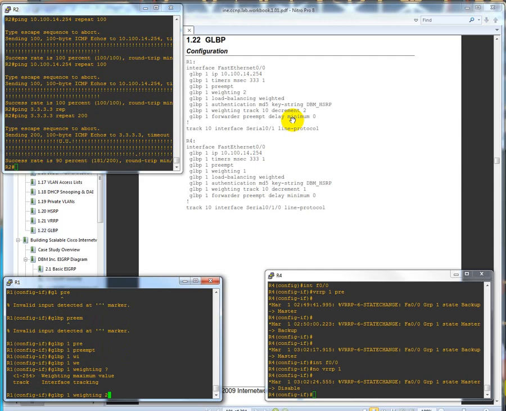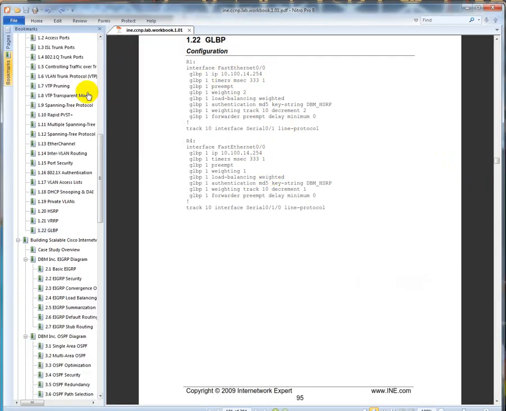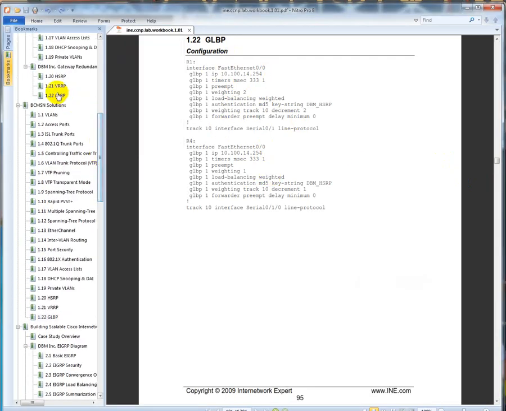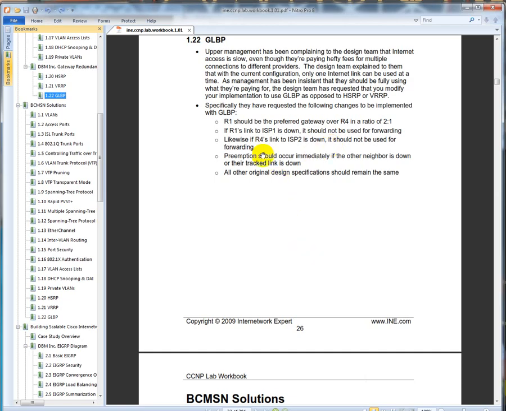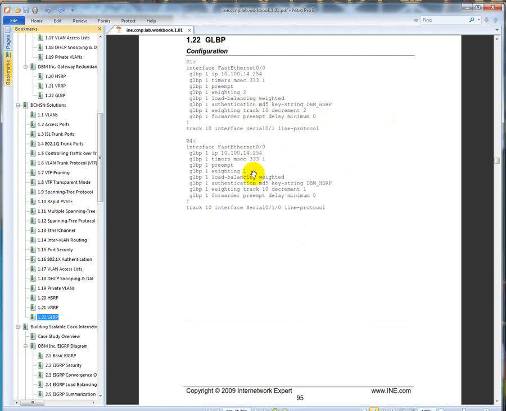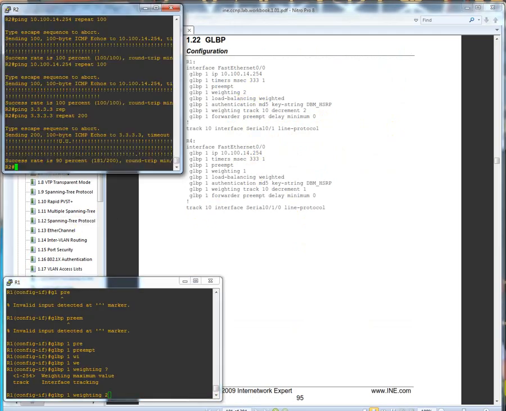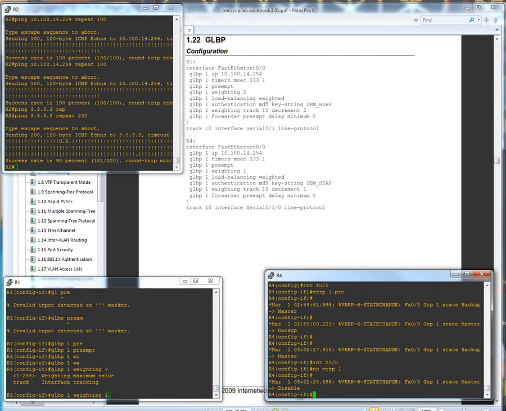The reason why: if you notice right here on this device it's 2, and on this device here it's 1. If we come back up to the solutions and click on here, it says R1 should be the preferred gateway over R4 in a ratio of 2 to 1. So that's where the weighting 2 to 1 comes from. So pull R1, pull R2, pull R4, and then the weighting is 2. Then we're going to type in